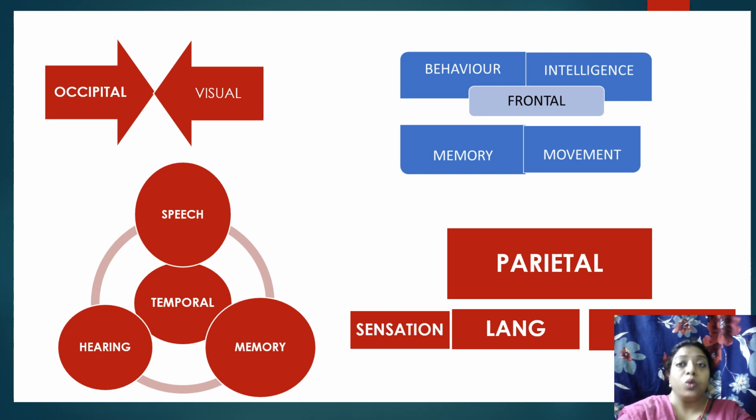The temporal lobes are again divided under three categories. The first one helps to alter the speech pattern. The second one is the memory power. Just like how the frontal lobe gives memory power, even this temporal lobe gives memory power. And finally, the hearing. The hearing power comes from this temporal lobe, from the cerebrum of our brain, which is